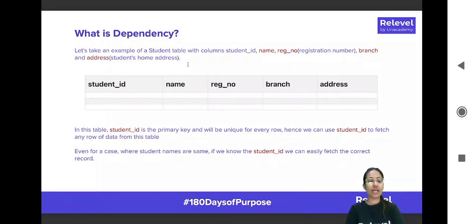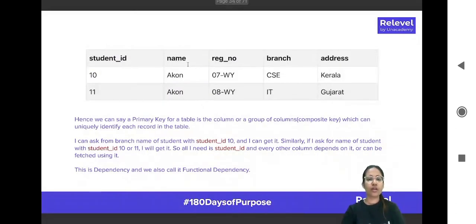So even where student names are the same, if we know the student ID, we can easily fetch the correct student record. Here you can see that two students have the same name, but in no situation will their student ID be the same. Their student ID will always be different. Hence we can say a primary key for a table is the column